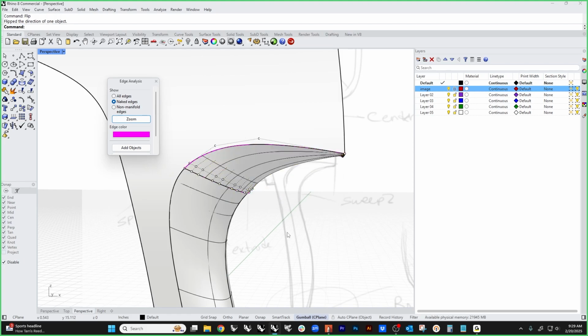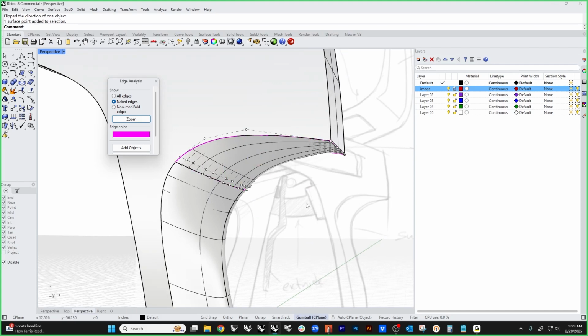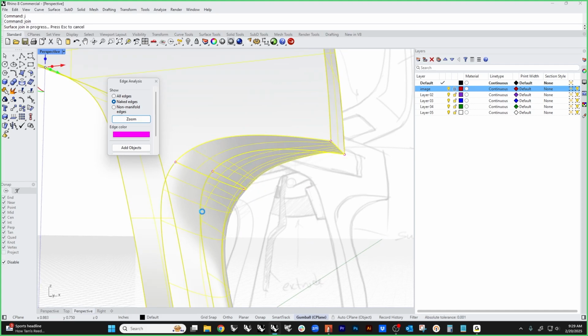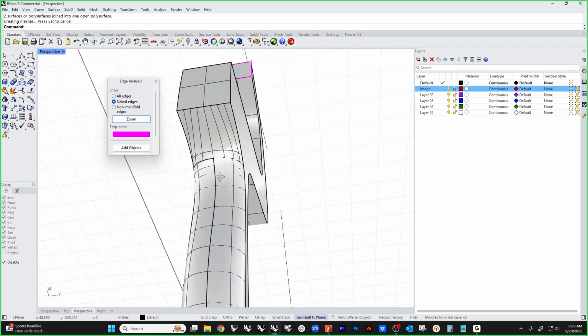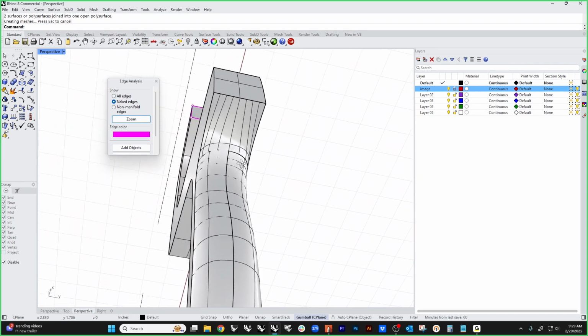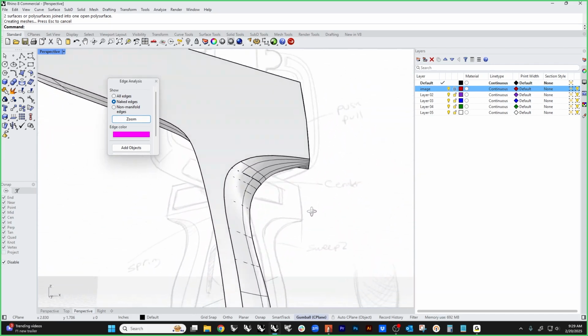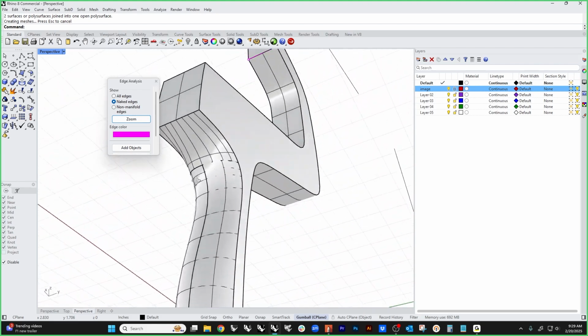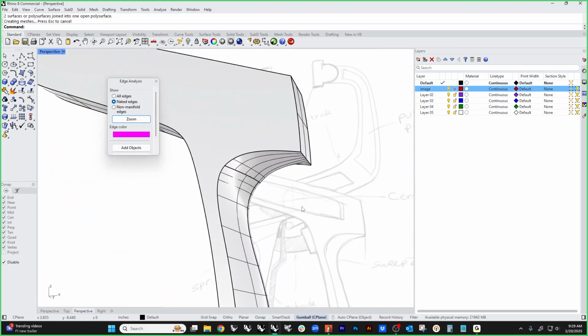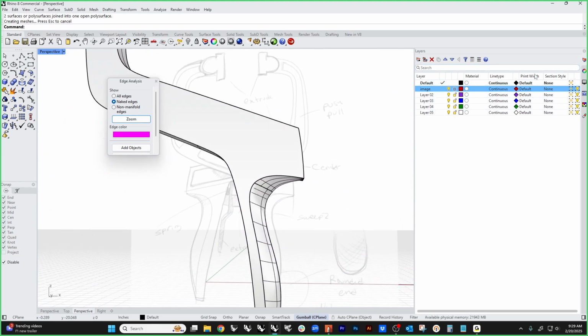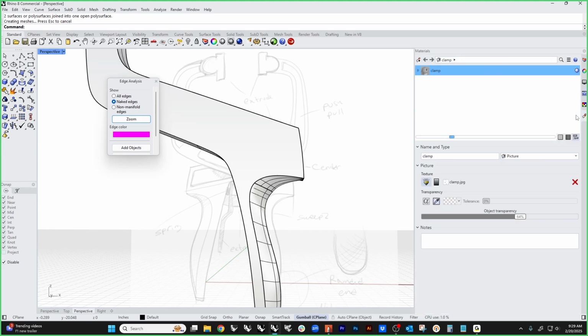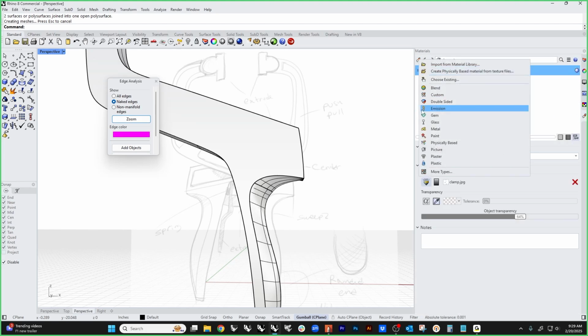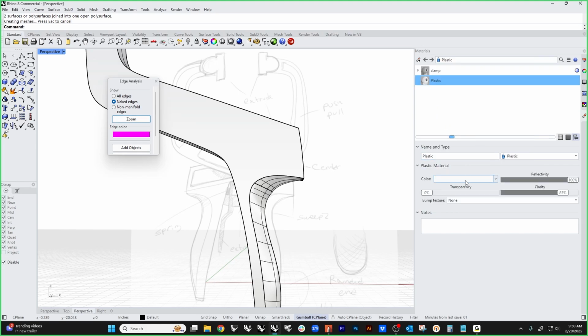And I'm just going to flip this. I've got my back-facing surfaces a different color so I can see them. And if we look at this, we can see that this is actually not bad, right? That actually looks pretty okay. And if we throw a material on this, and let's make this a plastic, and let's do some kind of